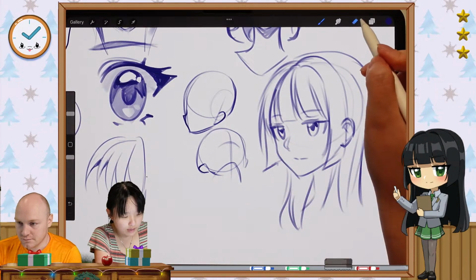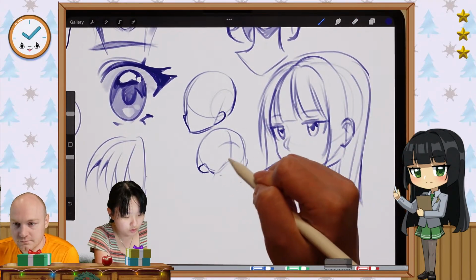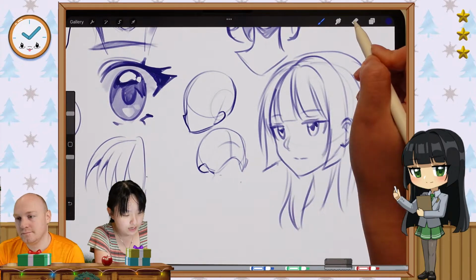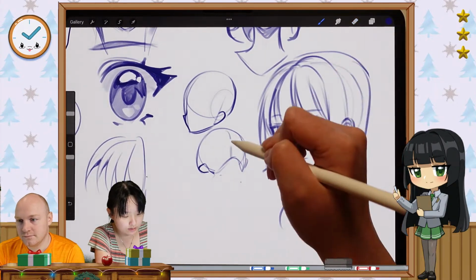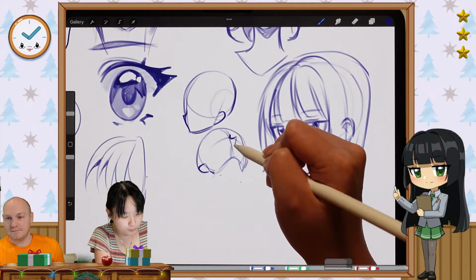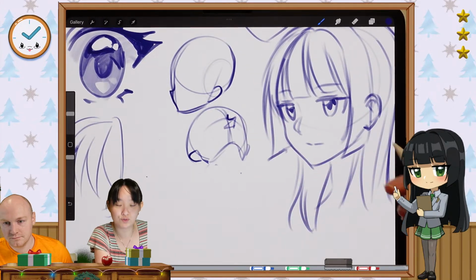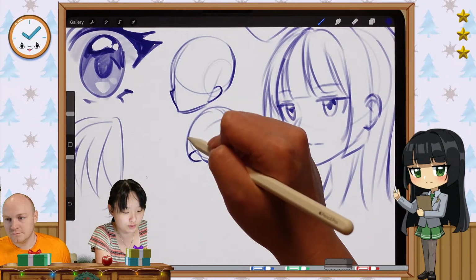Drawing heads from a bottom view is very difficult because you're not used to that. It's hard to digest and draw the forms correctly, and perspective and proportion also come into play. If you don't get that right, it's very difficult. And I still struggle with that.